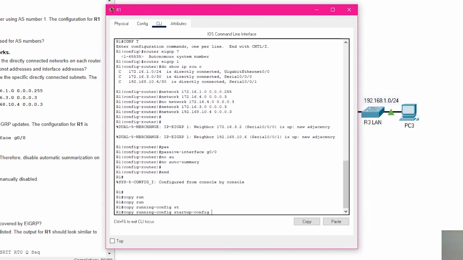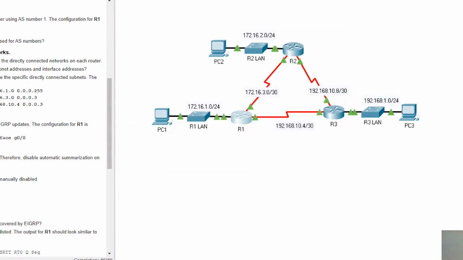Running config, startup config. Okay, so